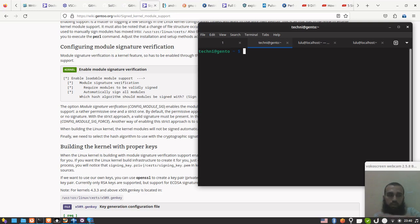This one is going to be like a mixture of signed kernel modules enabling. It's not exactly like this, but it's kind of a mixture of that and the kernel upgrade. Some extra steps. I will do all of them at once. I'm not going to skip any of them for you. So if you have enabled that option on your kernel, this video is going to help you upgrade whenever you need. So first,